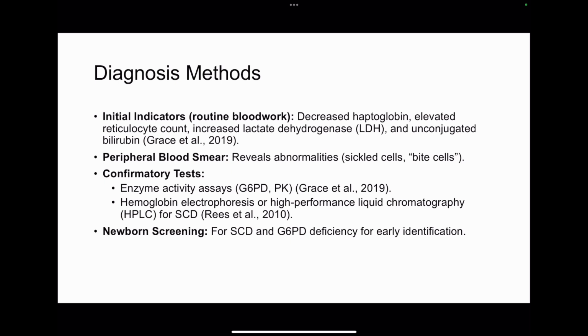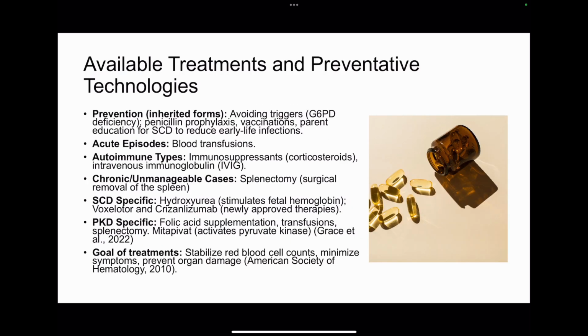All right, moving on. So, available treatments and preventive technologies. While there's no way to prevent most inherited forms of hemolytic anemia, complications can certainly be reduced. So, for G6PD, avoiding oxidative stress triggers is key to preventing hemolytic anemia episodes. So that's going back to early detection through newborn screening, which is a vital thing that can help with proactive